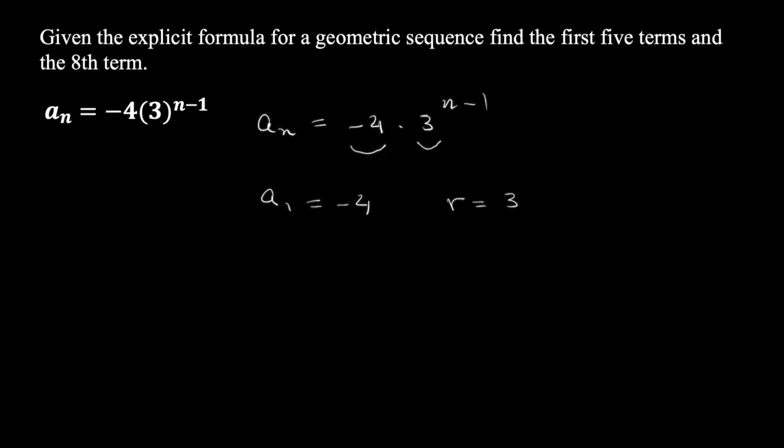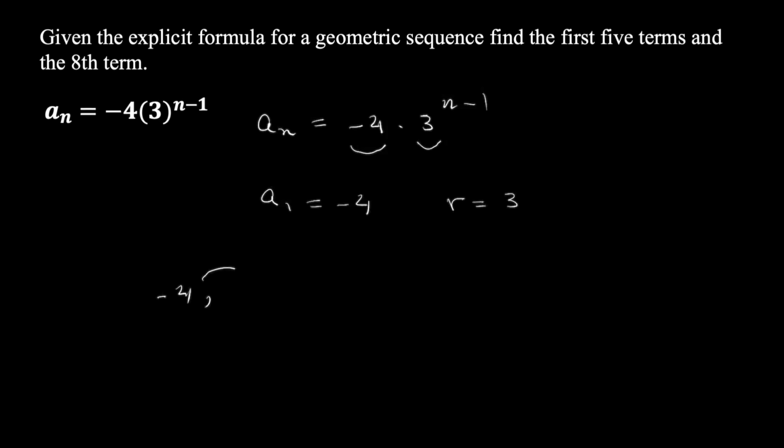As we mentioned the explicit formula at the beginning, we said an is equal to a1 times r to the power n minus 1. So now we have a1 is equal to -4 and the ratio is equal to 3, so we can straightforwardly find a2, a3, a4, and a5. So we can say -4 is the first term,